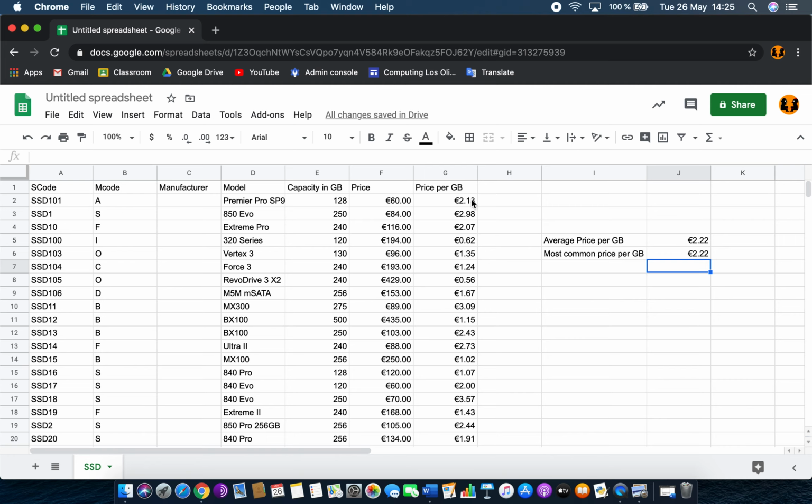So the same applies here, where I did E2 divided by F2. If I had kept those as absolute, then this wouldn't have changed to F3 divided by F3, E3 divided by F3, and this wouldn't have changed to F4 divided by F4. So let's have a look at what happens if I change F2, for example, to absolute. So I do that with the dollar sign. So dollar sign in front of the letter, dollar sign after the number, and press enter. Now, that one's fine, it still stays the same. But if I drag these down now,